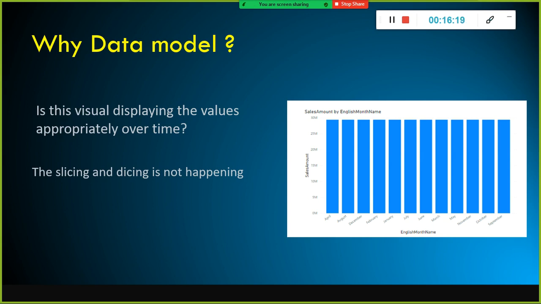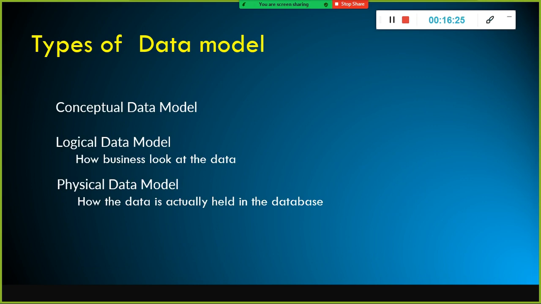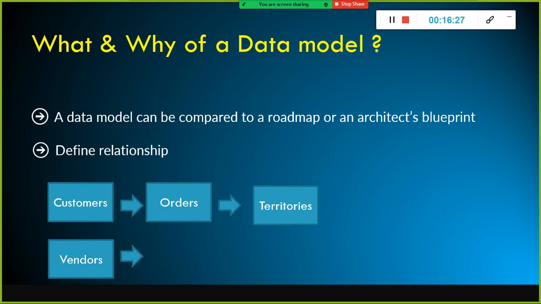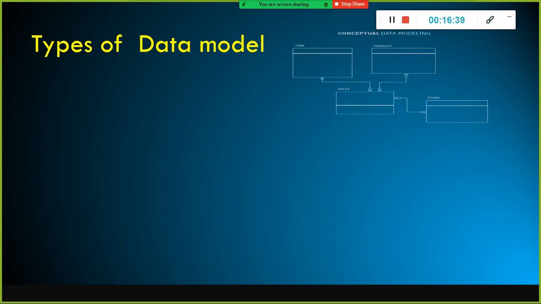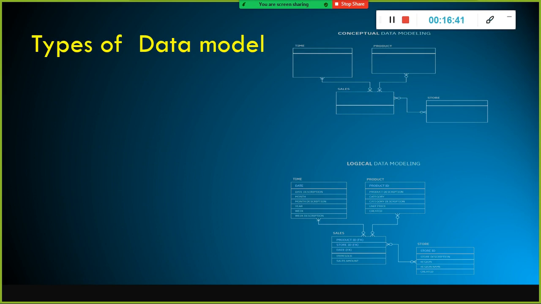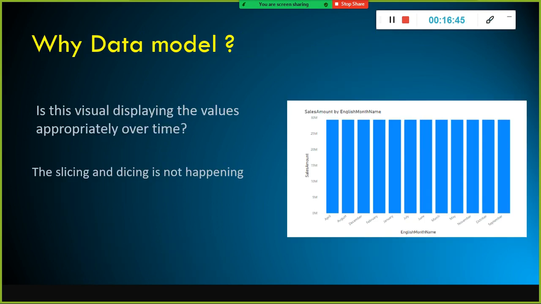First of all, why do we need a data model? So now you understood what a data model is. A data model is a kind of blueprint, and in a data model, we need to identify the relationship between the tables. Why is the relationship required? Because if you want to do slicing and dicing, obviously you need to have the relationship between the tables.